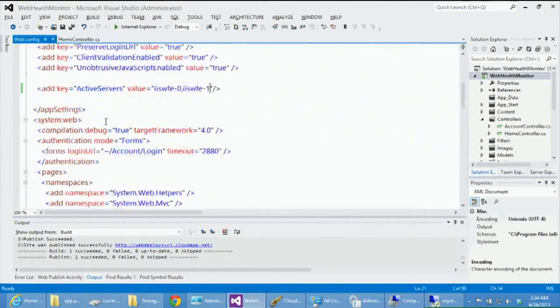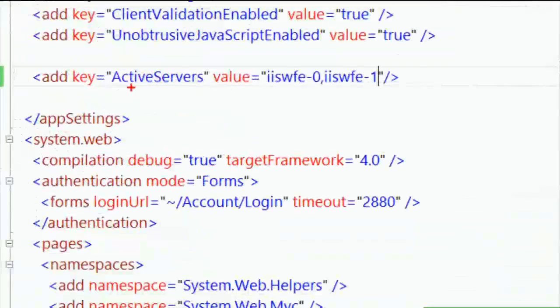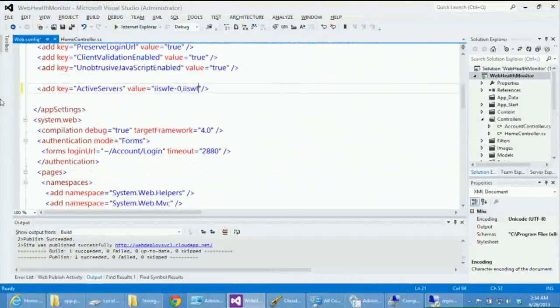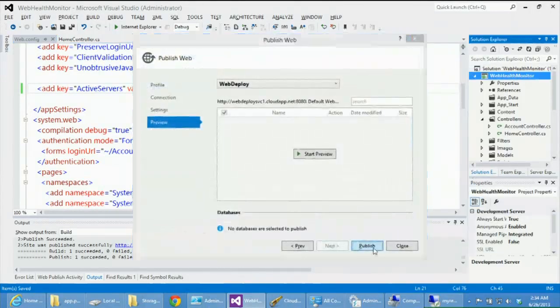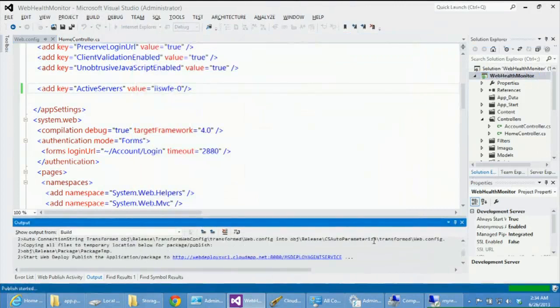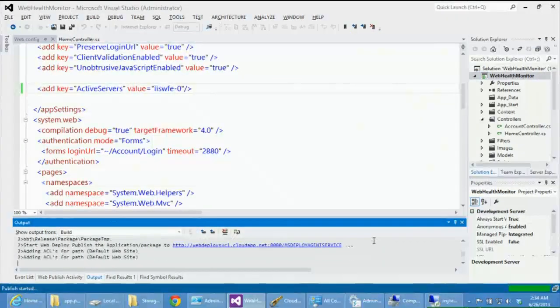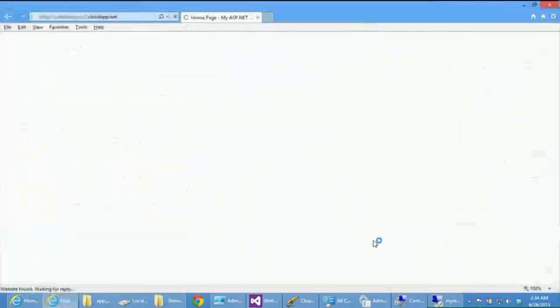So I can go into my web config, and here's the setting, active server is ISWFE 0 and -1, and I can take out -1. And I'm using web deploy on these VMs, so I can publish to my virtual machine, and I have a scheduled task to do content synchronization between the two,